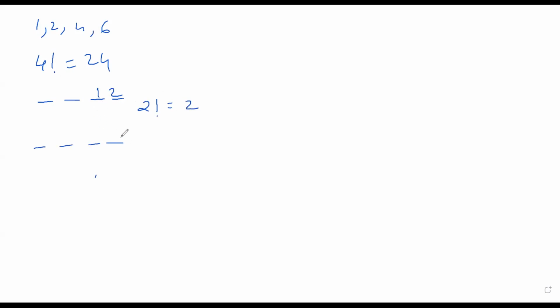Then if I take 2, 1, it is not divisible. Then 1, 4, no, it is not. 1, 6, yes, it is divisible. It is again 2 factorial, that is 2. Then 6, 1, no, it is not. 2, 2 we will not take, because repetition is not allowed here. Nothing is mentioned, so we will not repeat. 2, 4, yes, it is divisible.